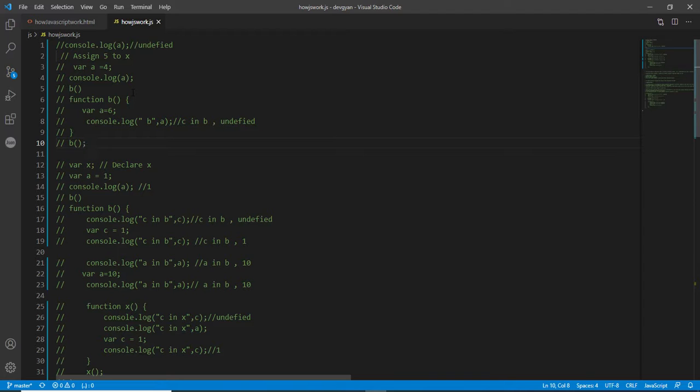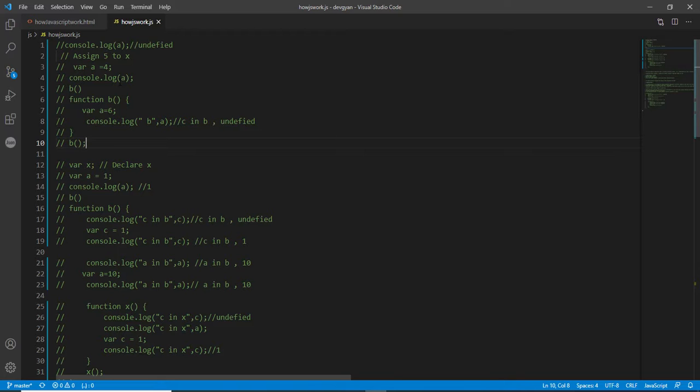So after and during the parsing, it will try to identify variables and functions and set up memory space for them, and on that memory space it will store the values of the variables and the functions.